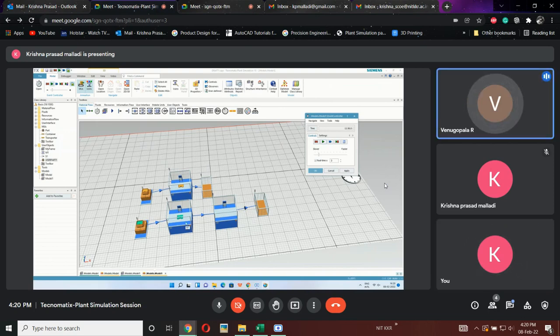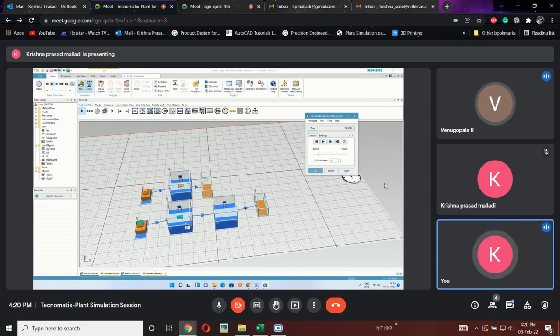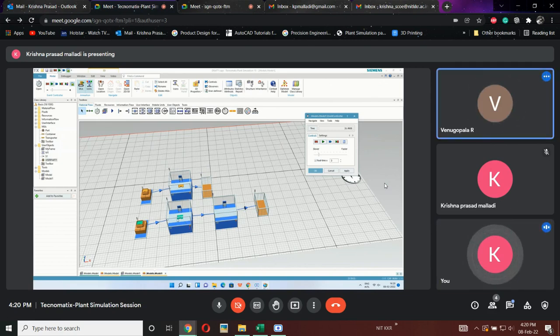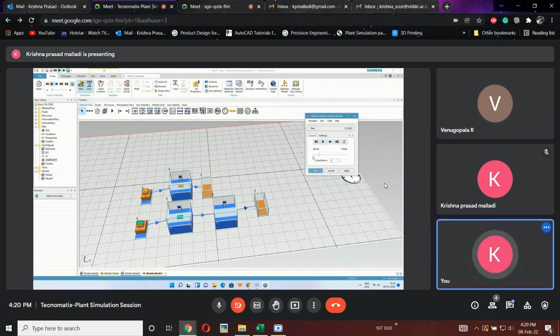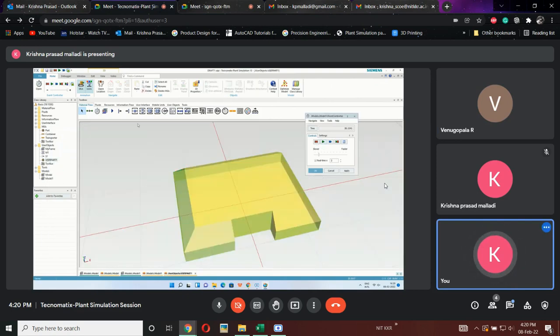At the same time, we can simulate any number of setups, anything, with a different one. Now I don't want this type of part also. I can modify the shape and structure of this part too. I can do the modifications from this one. There is an edit tab and there is a cylinder.